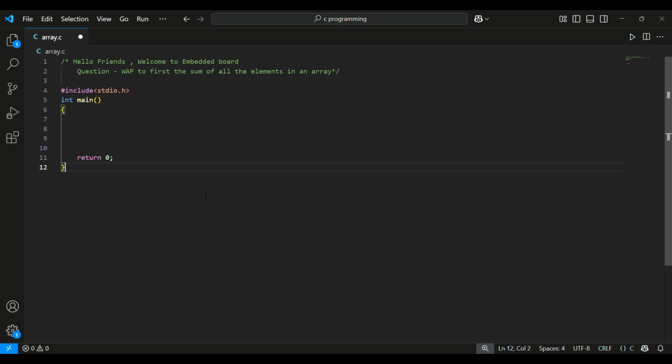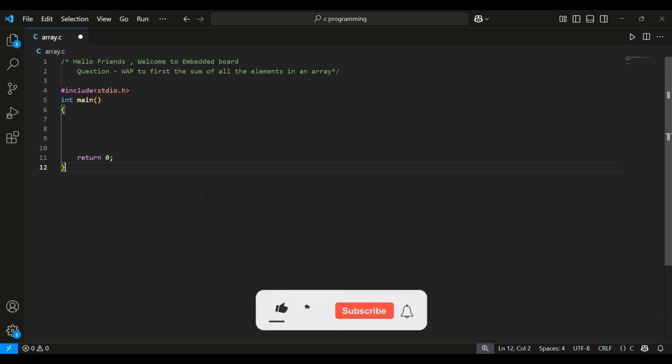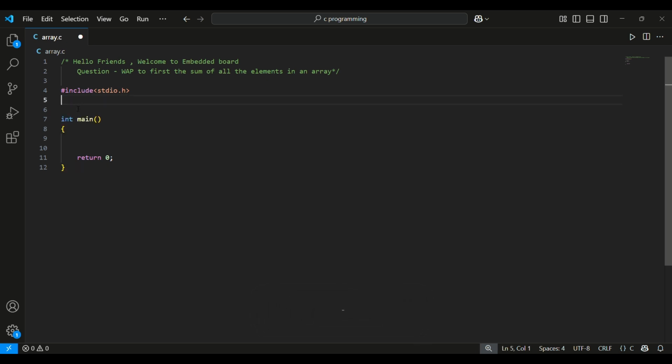First, I have defined the basic C program structure, which includes the header file and the main function with the return value 0. First, we define variables which we are going to use in the program and one header file, stdlib.h, because I am going to use dynamic memory allocation for defining an array. So now let's include first, and that is stdlib.h, because it holds the basic functions to use dynamic memory allocation.